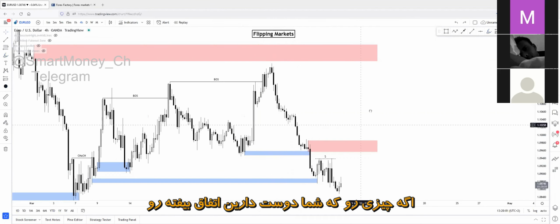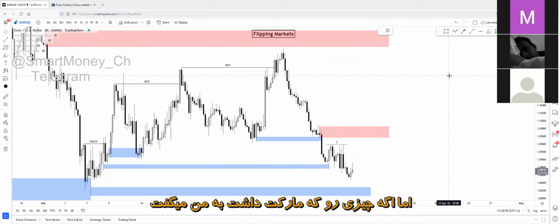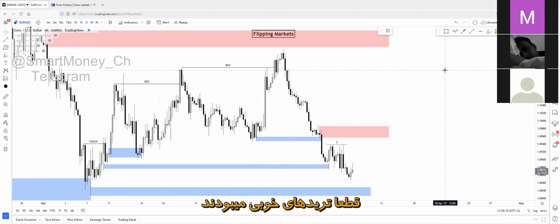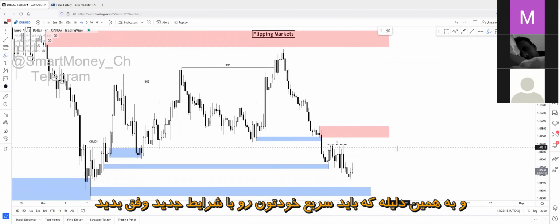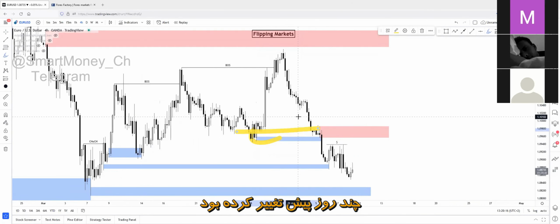Because if I trade what I want to see, those trades will hit stop loss, right? But if I trade what the market is actually giving me, what it is actually showing me, those will be the good trades. And that's why you have to adapt quickly, because the market direction, the market perspective changed a few days ago, and I haven't even noticed this. So yeah,